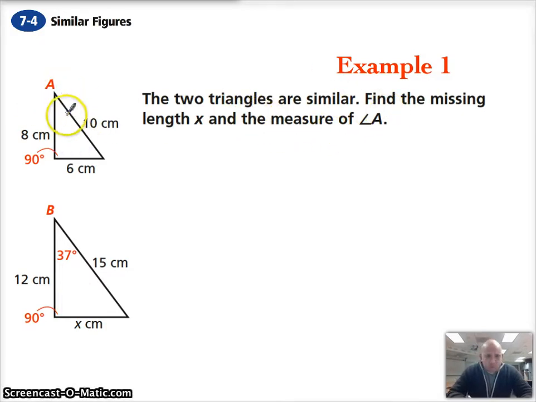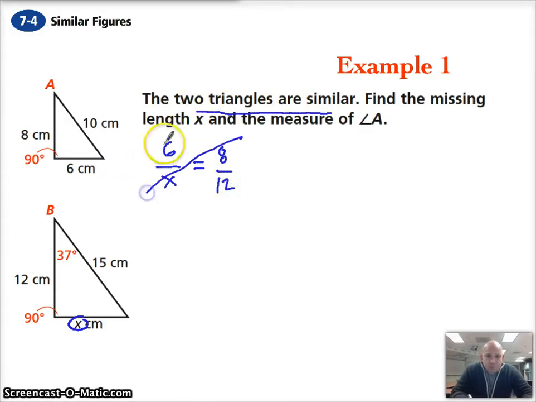So what I do first is I look at where the missing side is right here. So I know it's going to be 6 centimeters to x centimeters. 6 to x. Now I'm going to take one of the other sides as well. In this case, I'm going to take 8 to 12 because they should be corresponding as well. If they're similar, and it does tell us that these two triangles are similar, then these two ratios are also proportional. When I cross multiply,